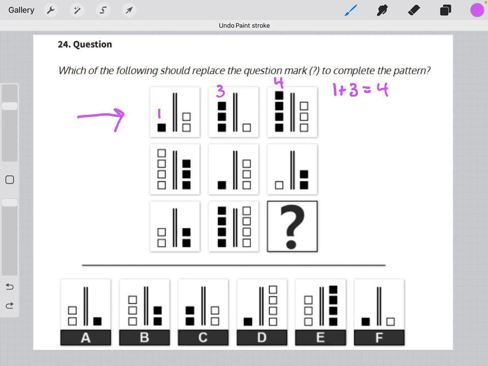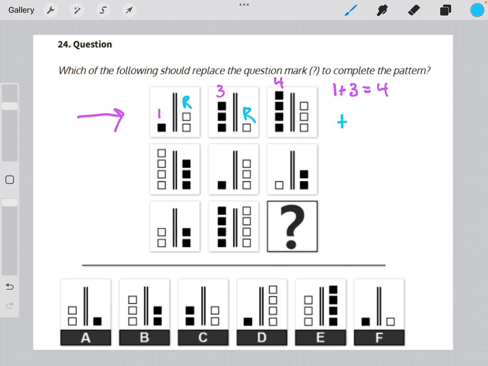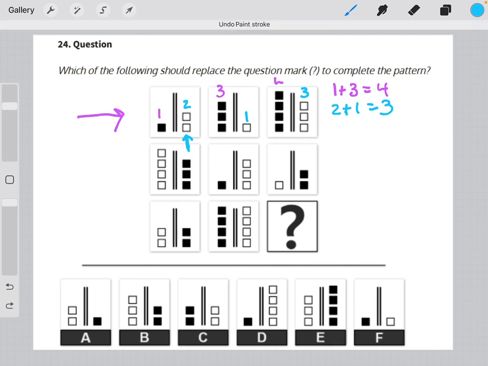Now let's take a look at the white squares. The same logic applies. If they're on the same side of the dividing line, we will add them together. So 2 plus 1 will give us 3. And the most amount of white squares was on the right-hand side, which means the most amount of white squares will be on the right-hand side in our final answer. So taking a look at our second row,